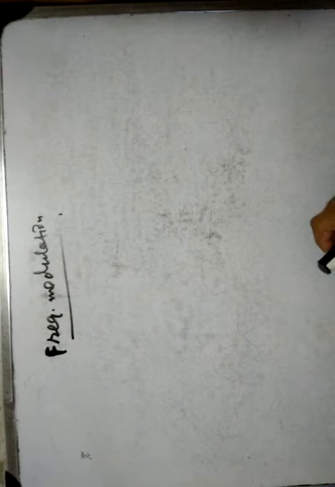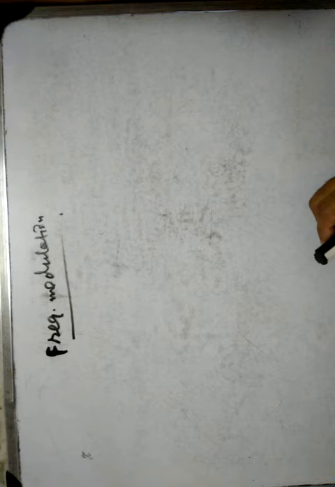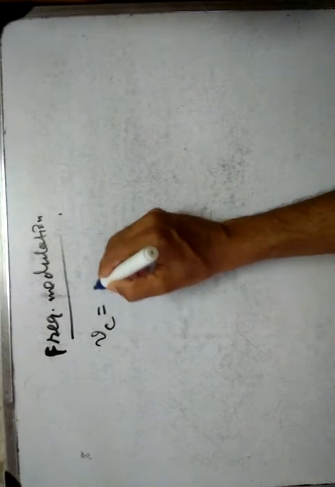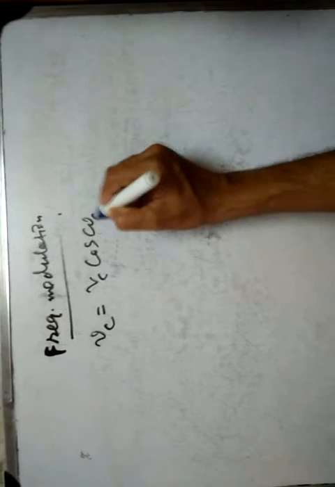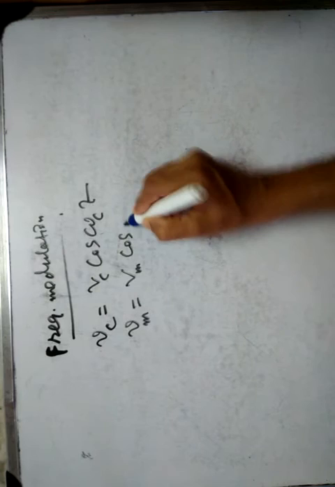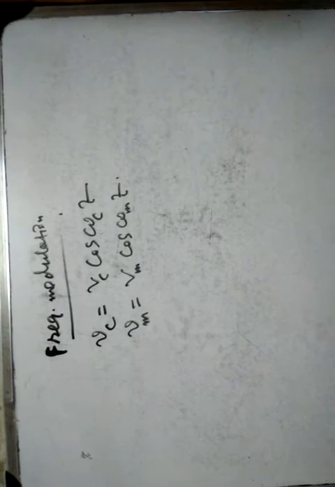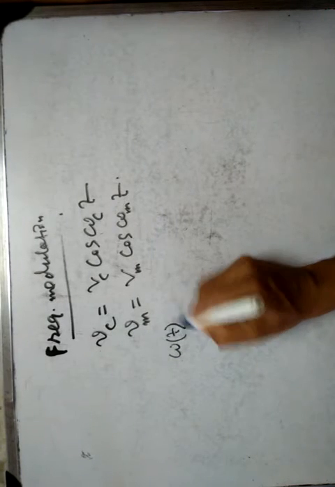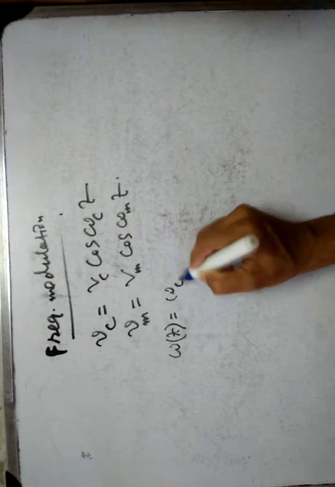In amplitude modulation, the amplitude of the carrier was modulated, and in frequency modulation, the frequency of the carrier is changed by the modulating signal. Let us take the carrier signal as Vc cos omega c t, and the modulating signal as Vm cos omega m t. Then the instantaneous angular frequency of the frequency modulated carrier will be changed as such by taking